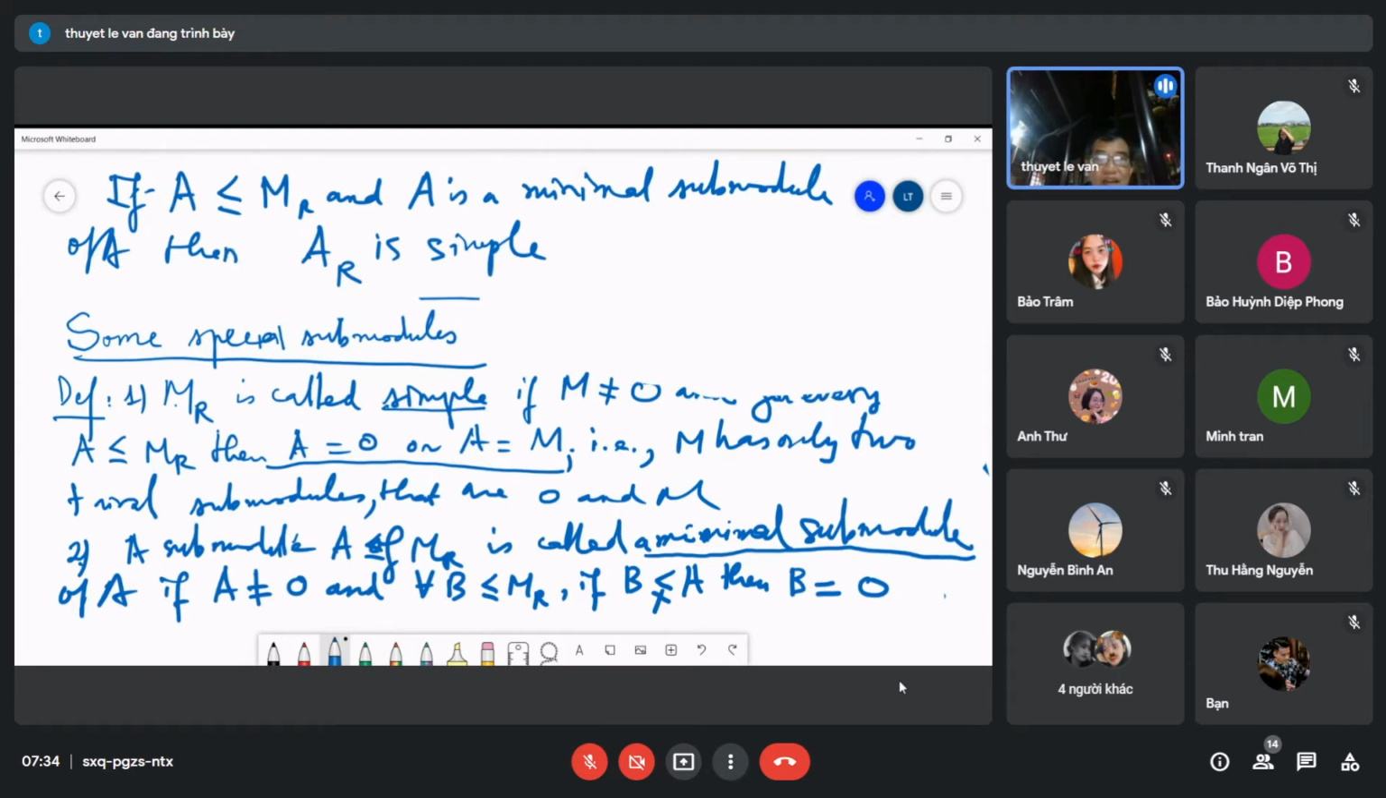So the minimum and the simple are different in name. Here is for the module, and here A is the minimum. When A is a submodule of the module, we will say that it is the minimum. Okay, so the first definition is